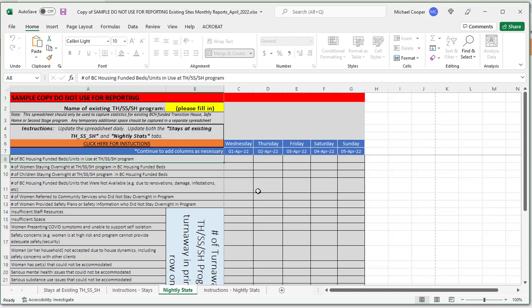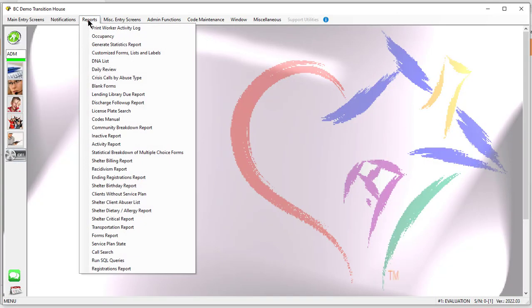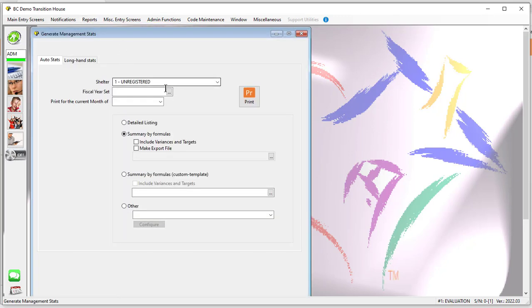Rather than you having to add all this, I built a function into Wish to get that for you. So let me show you what that looks like now. If I'm logged into Wish and I go into Reports, and I go down to Generate Statistics Report, the normal way you're used to putting your